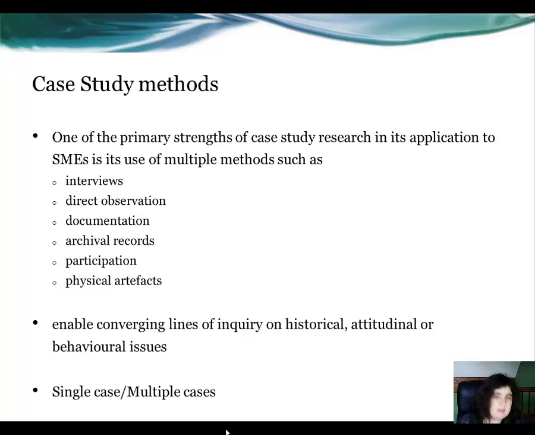You can write a single case, and it could also be multiple cases. So if it's a single case, there wouldn't necessarily be a cross-case analysis chapter. There would instead be a discussion in the development of the themes, concepts and theory. In multiple cases, yes, you would have a cross-case analysis.